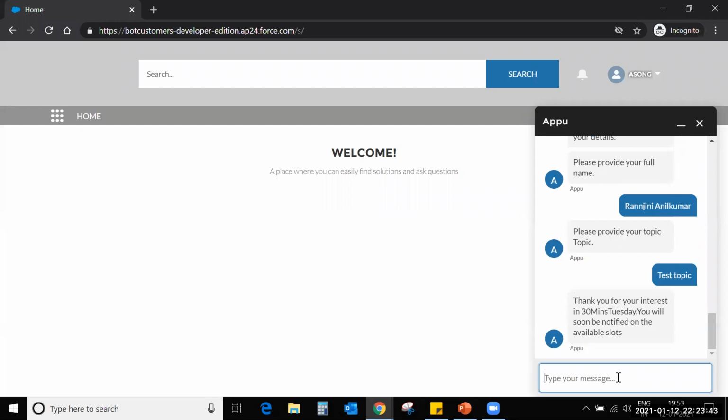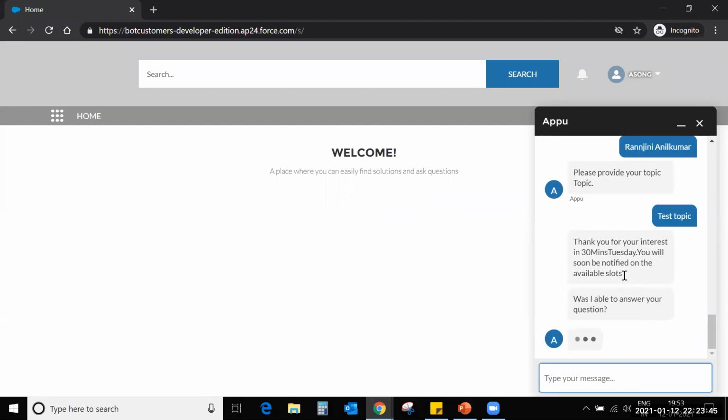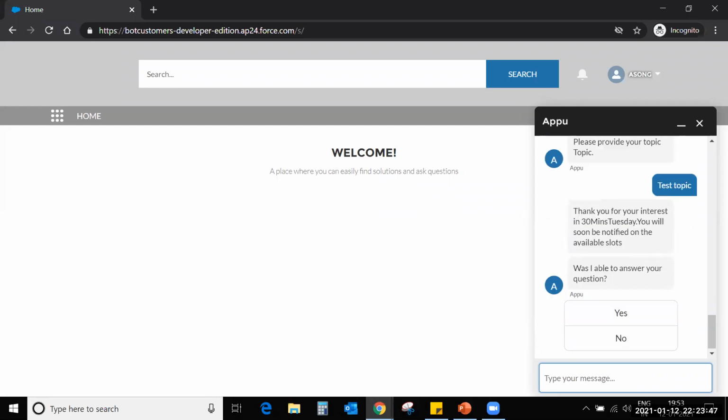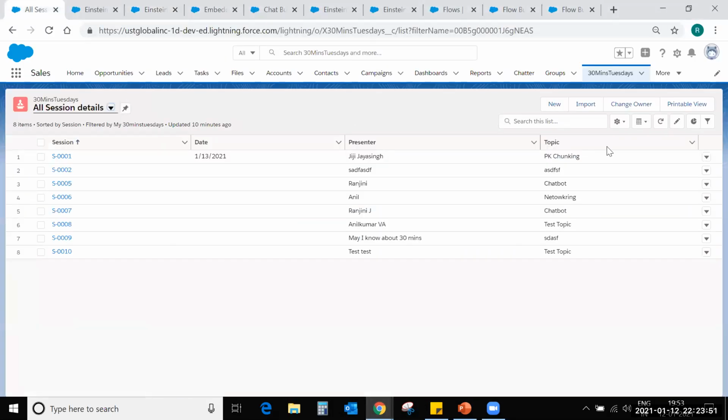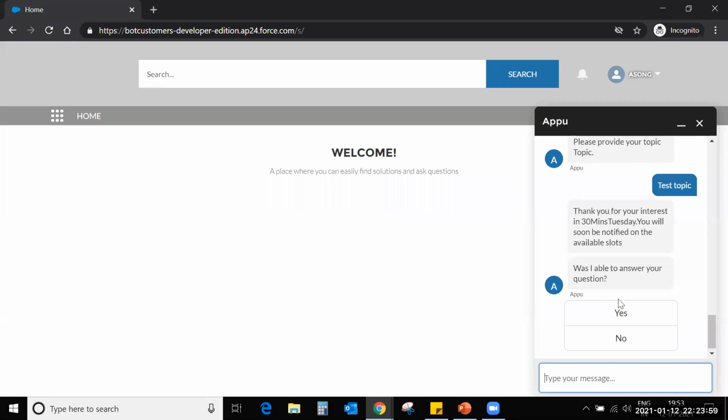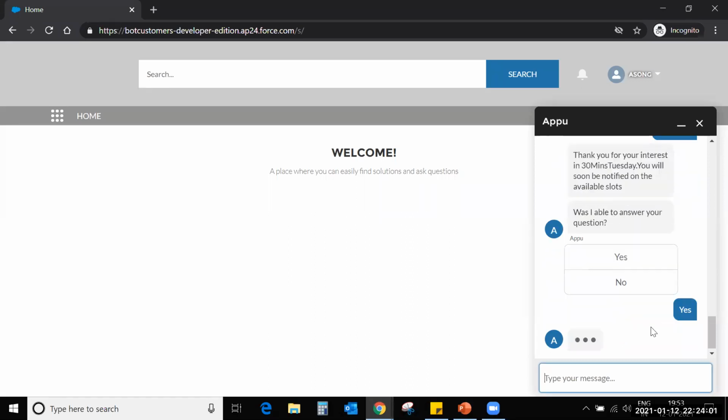So it will actually create the record in the backend. We can verify that as well. Yeah, the record got created here. Okay, and we'll go through the next dialogue as well.